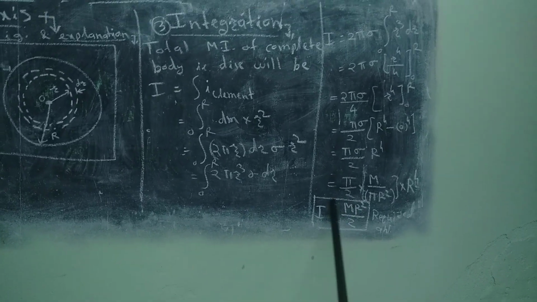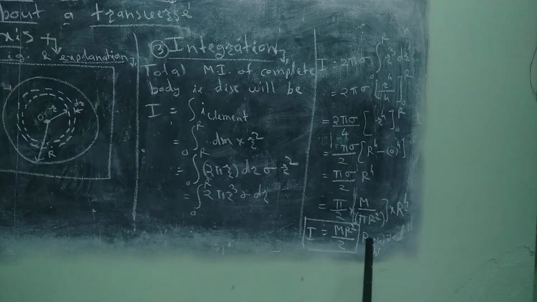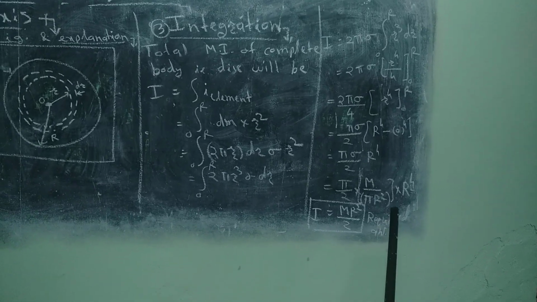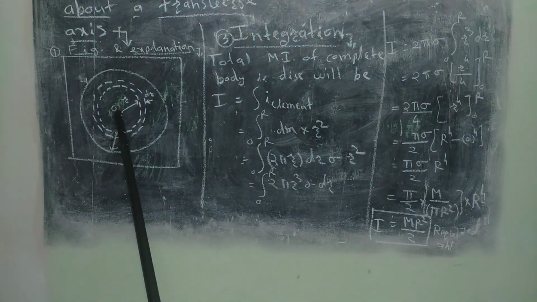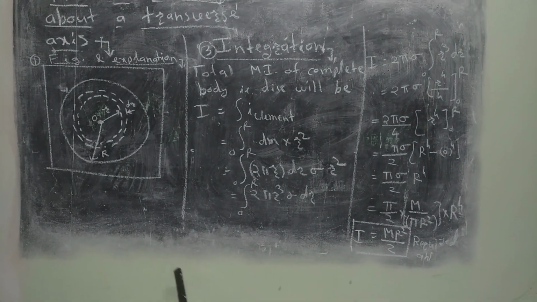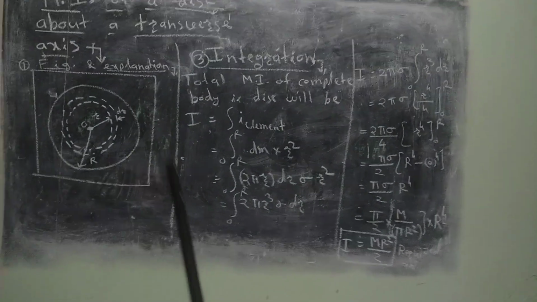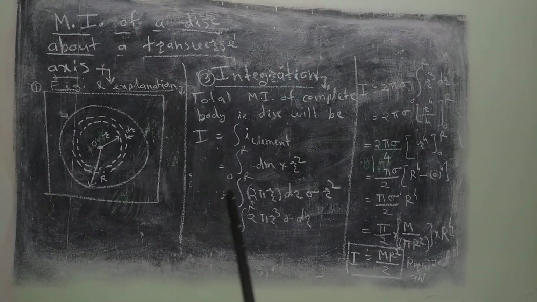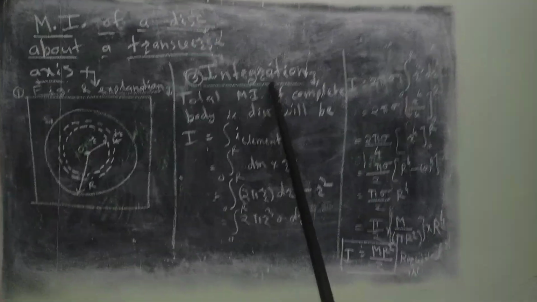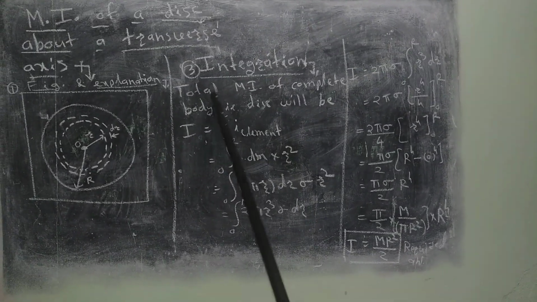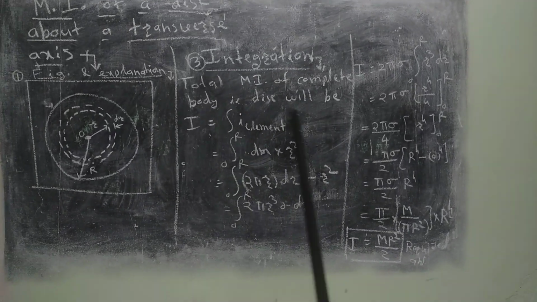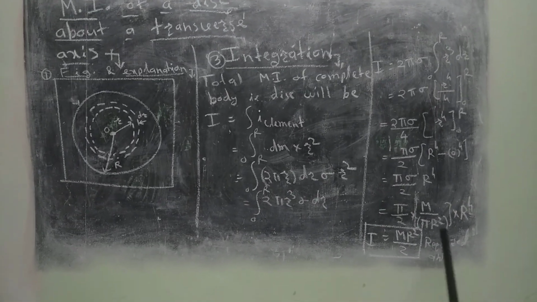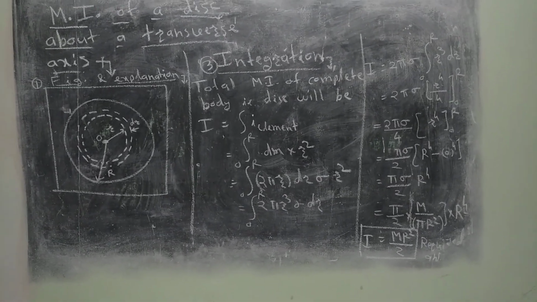Again, in an examination a question can be asked: obtain the expression for the moment of inertia of the complete disk about a transverse axis, or sometimes the wording is about an axis passing through its center and perpendicular to its plane. So here the first step is the figure and explanation, the second step is we find the moment of inertia of the element, and the third step is integration, that means generalization or addition or summation of all the moments of inertia of the elements. So with the help of integration we can find the value of this. So here we complete the article. Next time we'll see the remaining part of this chapter.